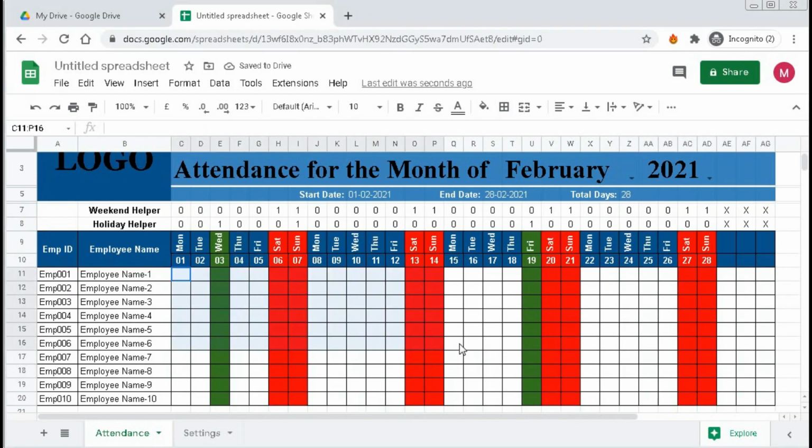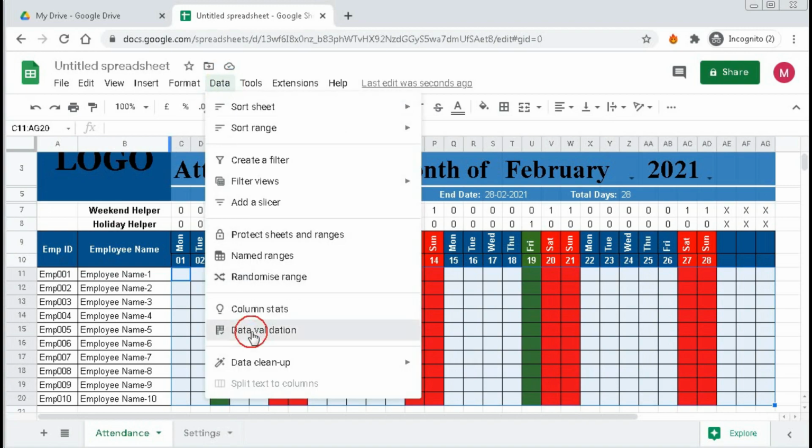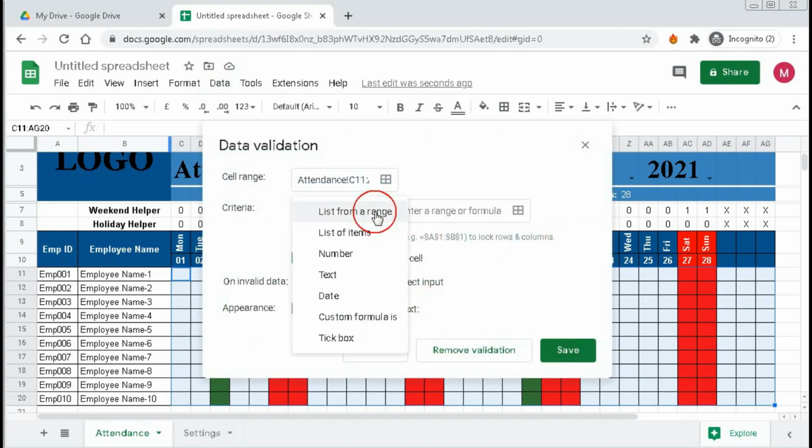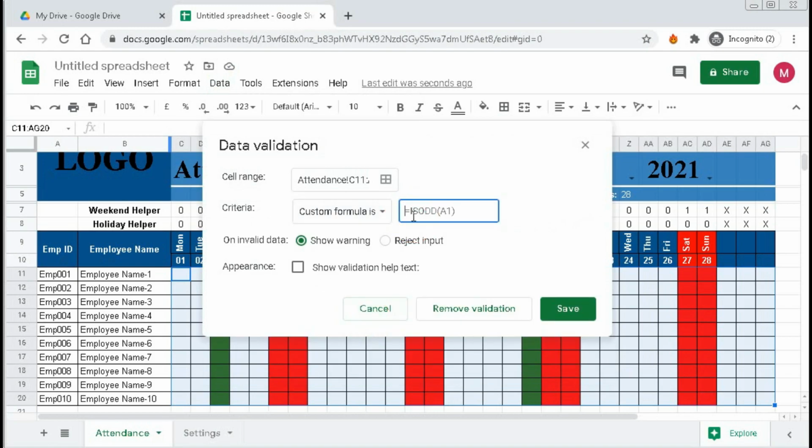So first select the range, then go to data validation, and for the criteria select custom formula is, and here you have to type equal to AND, C7, $7 equal to 0, comma, C$8, sorry, $8 equal to 0, bracket close.